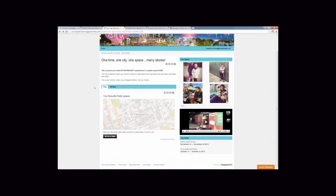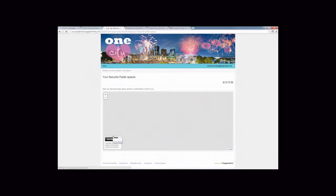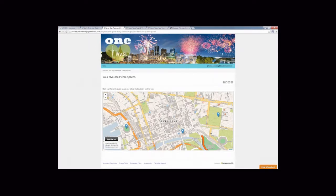This site, you'll see Batman, is what we used for our Big Bang conference not too long ago. We've enabled a map here, and I just want to showcase how it looks. This is the area of the map that we as an admin had selected. I'm looking at it as a participant right now. If I wanted to engage with it, I would just click here on Go to Map. That would take me to a bigger window so you can see it. You can see there's already 3 markers set by our participants, and as a participant in the map, I can now click on